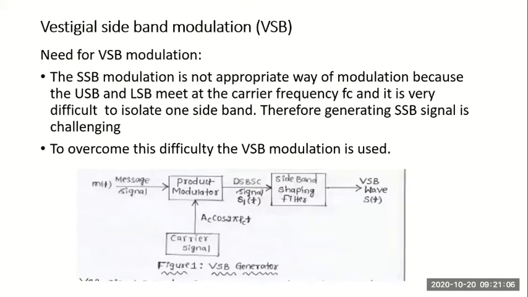And later on, we said sending two sidebands is also sending redundant information. You are sending the same information in both the sidebands. So if we can remove one of the sidebands and send only one sideband without the carrier, you will save on power as well as bandwidth. That's what we did in single sideband suppressed carrier modulation.